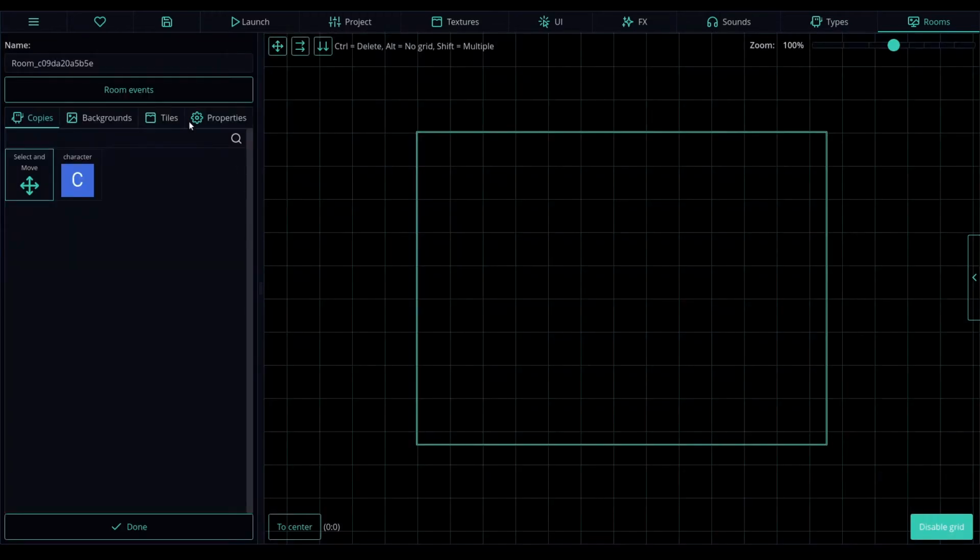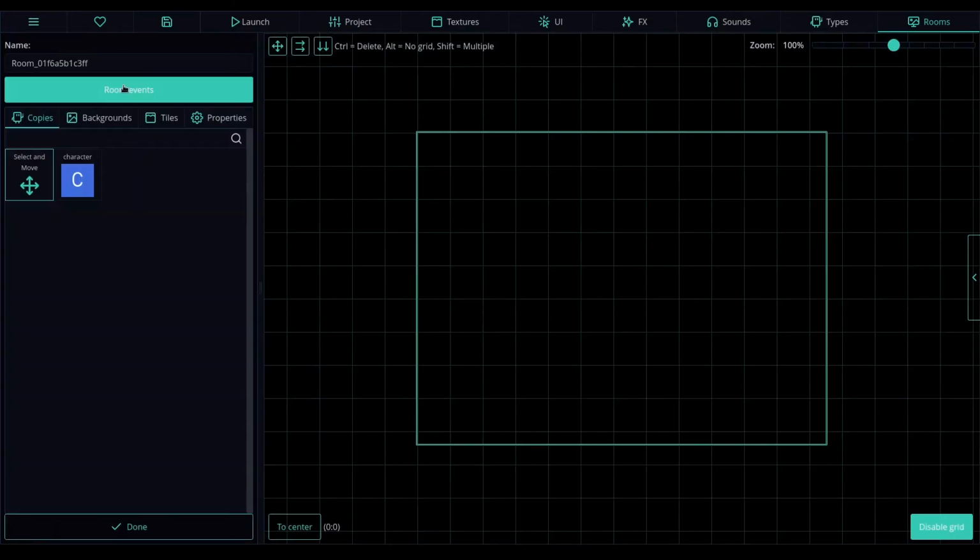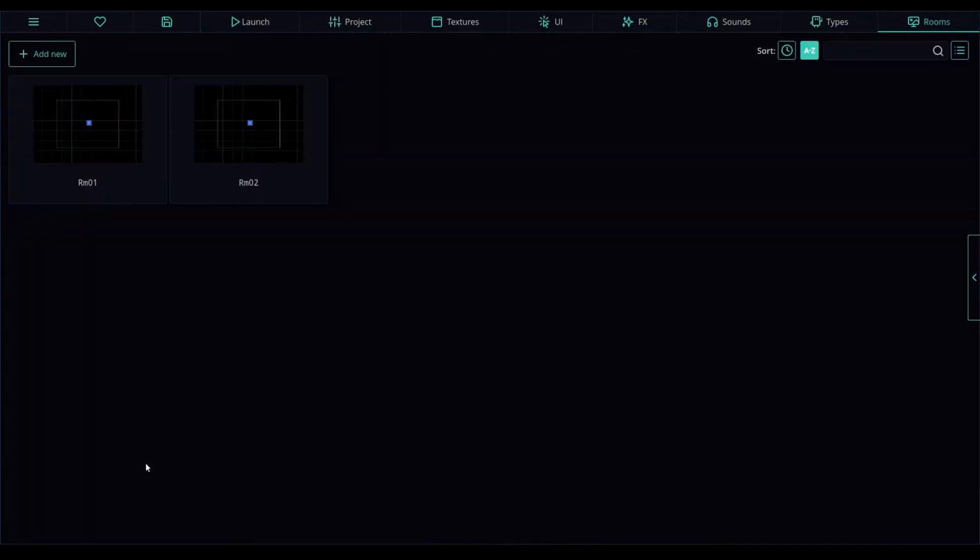Let's create a new room. Let's name it RM01, and let's place our character in the center. Let's close this, create another room. We're gonna name this RM02. Also place the character in the center. Hit done. So we have room 1 and room 2, and we're gonna make our character move from room 1